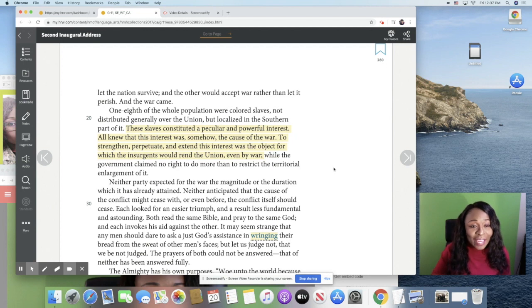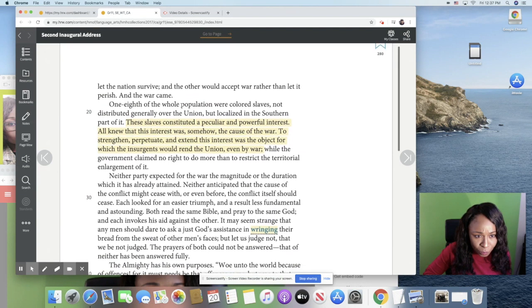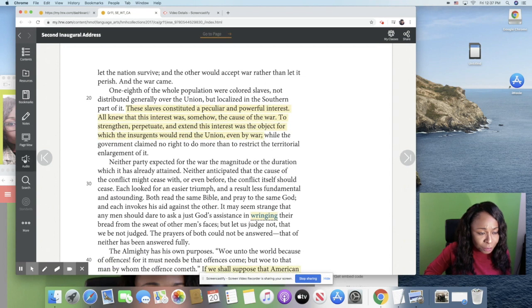Okay. And then I like this line here. He says, and the war came, like a nice summer breeze. It just came. He didn't say, and so we went and we did this. No, the war came. It wasn't us. The war just came. So just really good writing on Lincoln's behalf, which is now why it's part of the book and of our curriculum. All right, so let's continue.